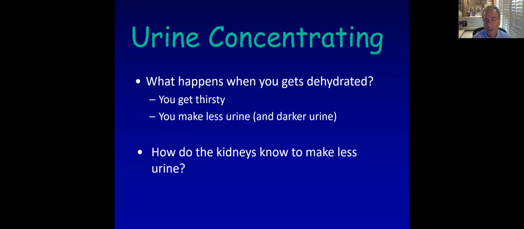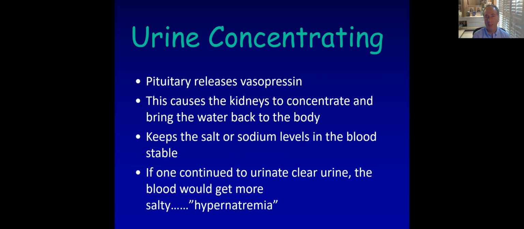So what else will you do when you're walking in the woods in 90-degree weather? You'll make less urine and it will be darker. So how do the kidneys know to do that? Because the kidneys are the ones doing that, and they have no idea. Just like the thyroid has no idea, the adrenal has no idea. It's all dependent on the pituitary telling it via vasopressin or ADH, anti-peeing hormone, antidiuretic hormone, to concentrate the